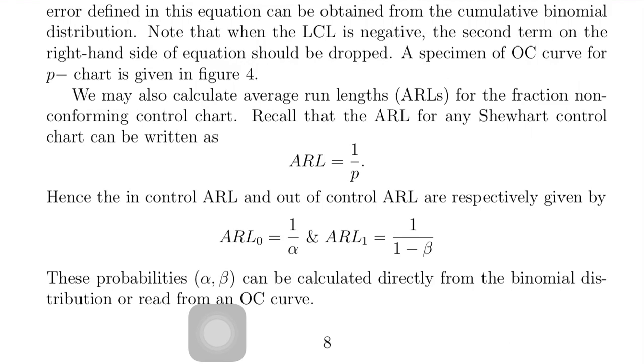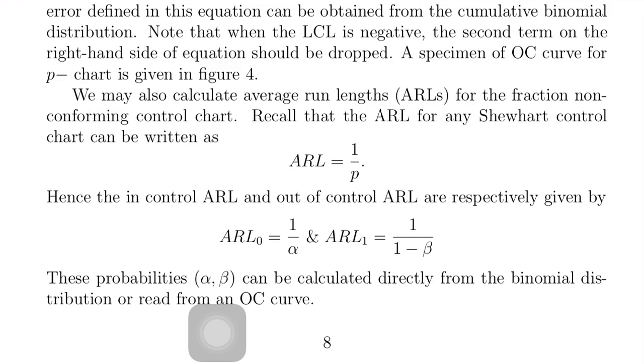These derivations are also done in earlier discussions while we were explaining the ARL of the X bar chart. You may please refer to that again. Okay, and what is alpha? Alpha is the probability that we reject the hypothesis of control. And this is when the process is really in control.